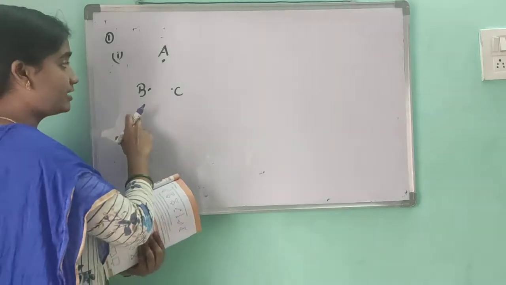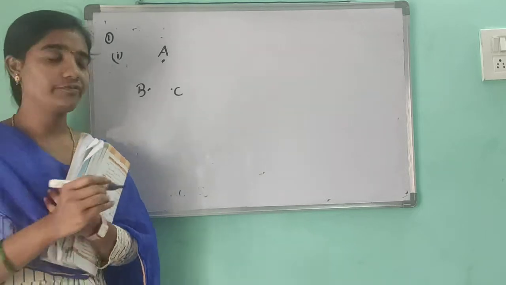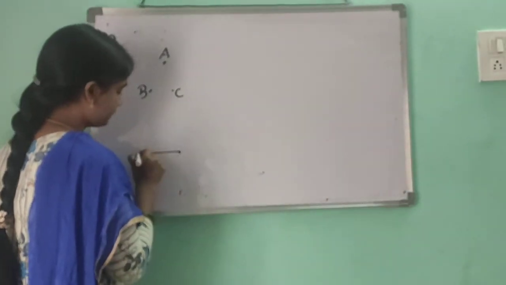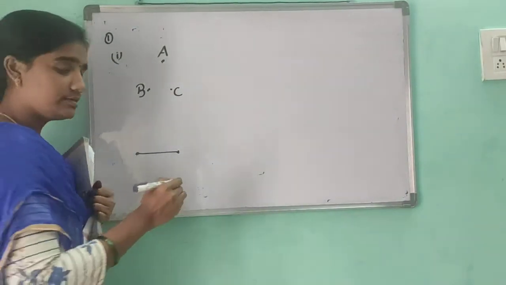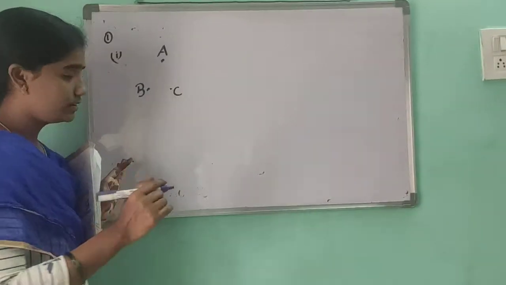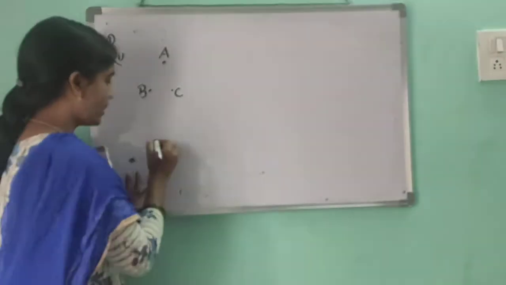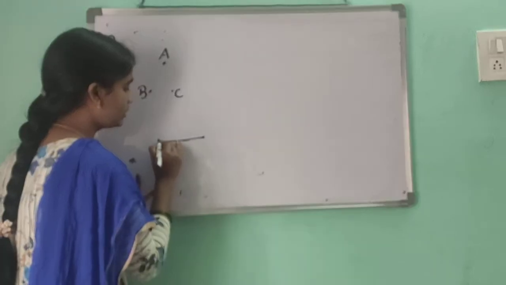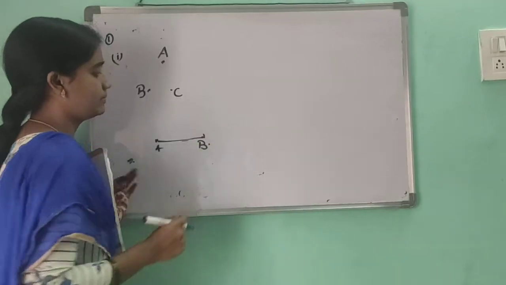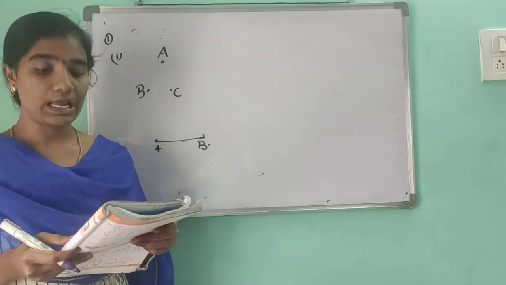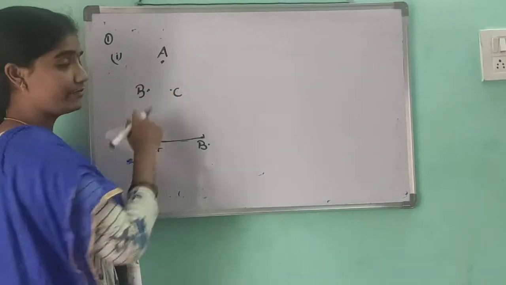Name the line segment. Start with one point and end with another point is called a line segment. Sorry, I will explain clearly how to join this. We already know that starting at one point and ending at one point is called a line segment. So this is the line segment. Here also, we name the line segments formed in the figure. Start with one point, end with one point.